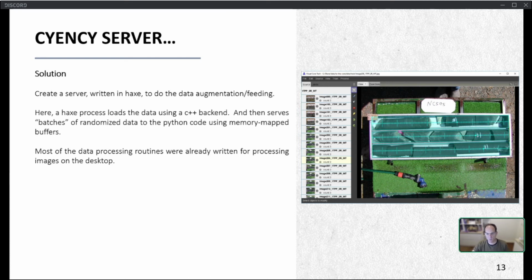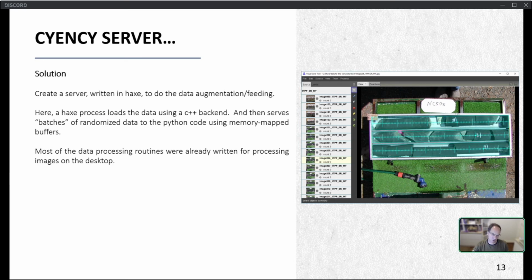So this has the twin benefits of low CPU usage, that is maximum GPU usage, and isolating the loading into a single initial process so that you can do a one load and then share the data between multiple notebooks, multiple runs, or multiple scripts. And it all runs at full speed without having to wait for the startup delay.